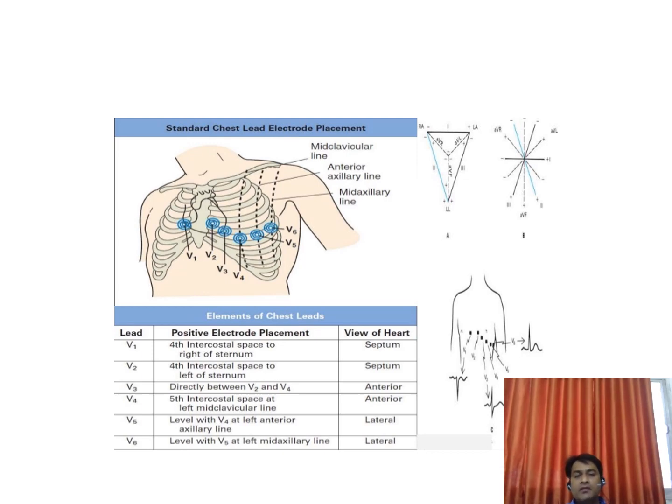So normally V4, V5, V6 are kept at the same line irrespective of the intercostal space. Okay. Now,